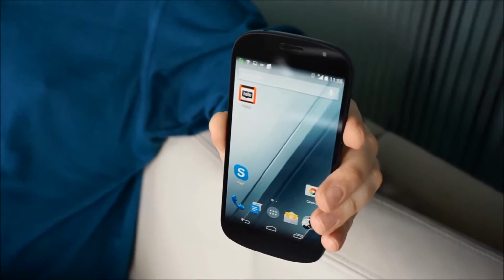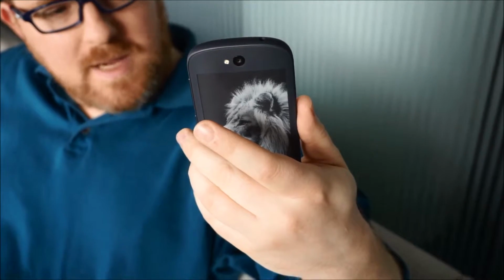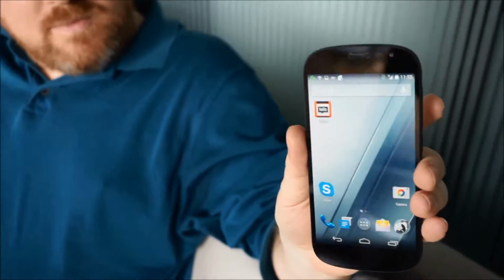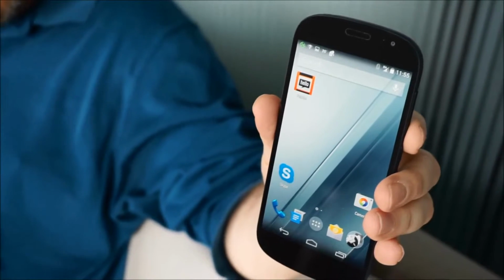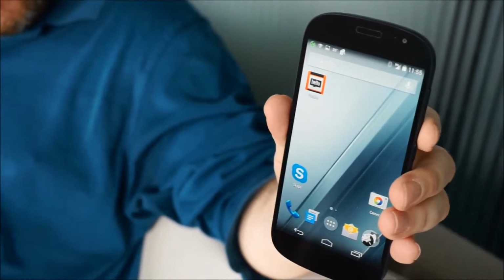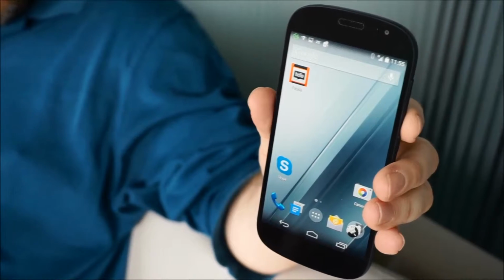This is Abram with Laptop Mag and Tom's Guide, and we're taking a look at the YotaPhone 2, the second generation of the world's first phone with an e-paper display on the back. What we have here is, apart from the e-paper display, a fairly typical Android phone, running the latest version of Android,